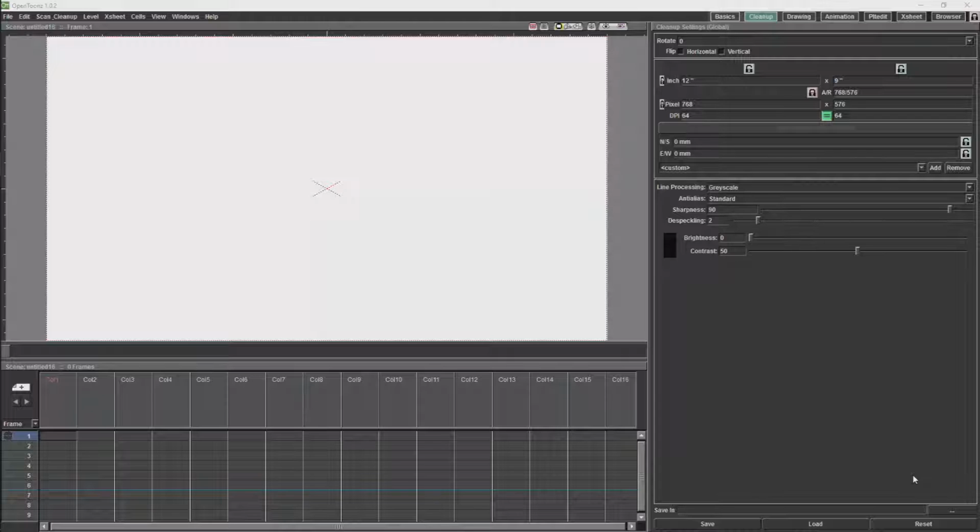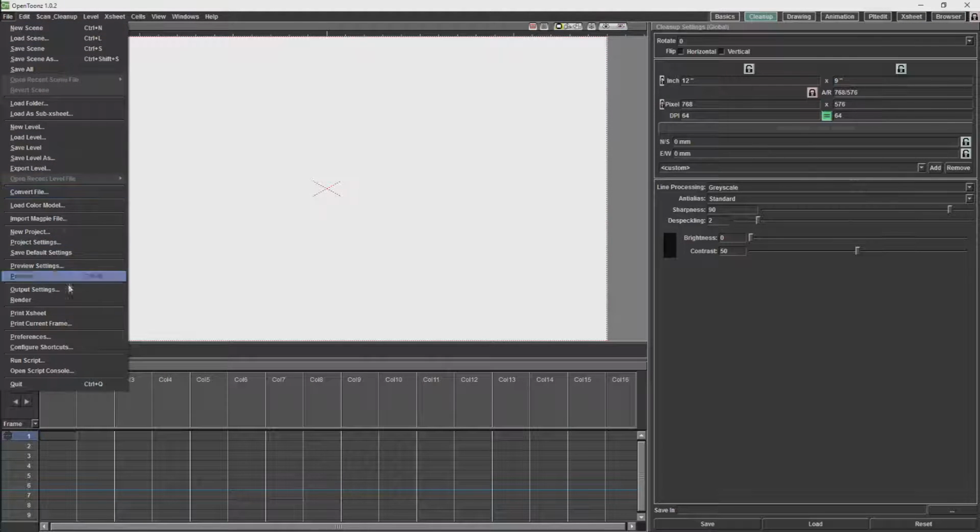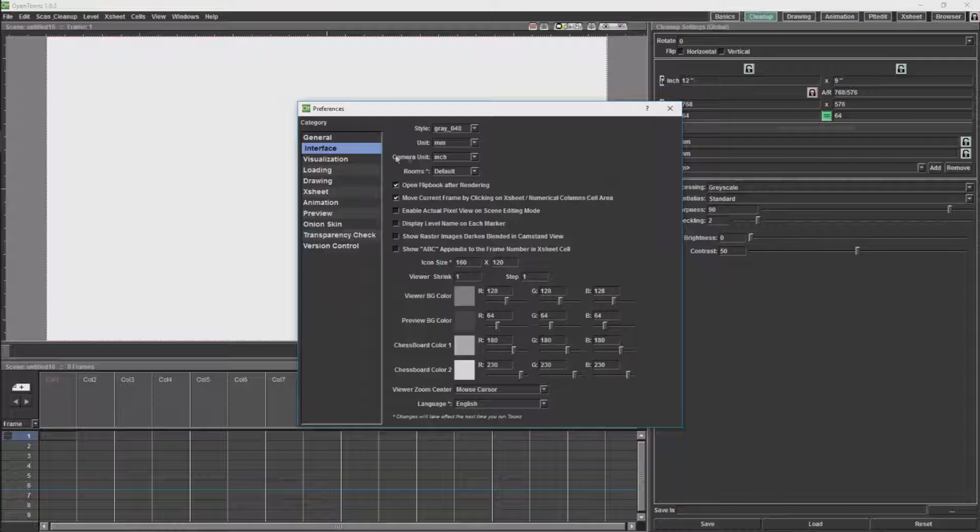There are a couple of different interfaces available for OpenToonz, and it will depend on which version you have as to which interface you will get when you start. In this version I have the default interface, which is based off the Toonz interface, but there is also a Studio Ghibli interface, and if I was to go to File, Preferences,